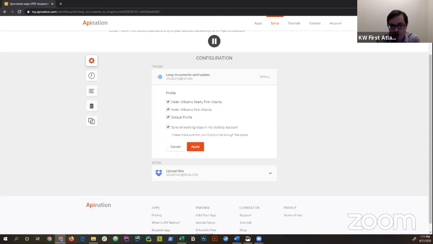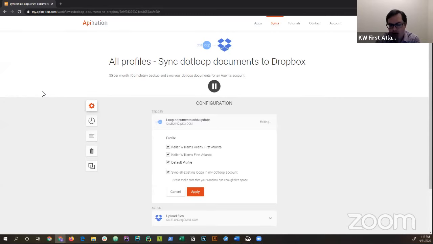Hey, I have a quick question. For some reason, when I'm reviewing everything and looking to sync everything, it only gives me the option to do a team plan, not the individual agent, which is $10. It may be because, did you sign up for the team version of .loop? No, oh yeah. I think if you've got that, like when I went in as the broker, it forced us to do the broker version. There was an option to do a personal version. So if you're looking at the initial trial setup thing,